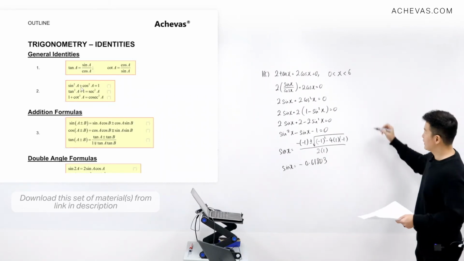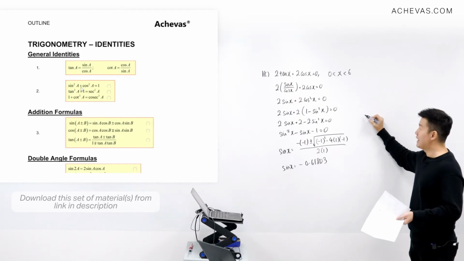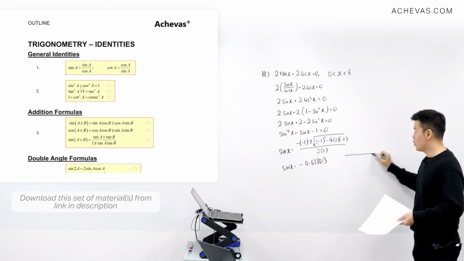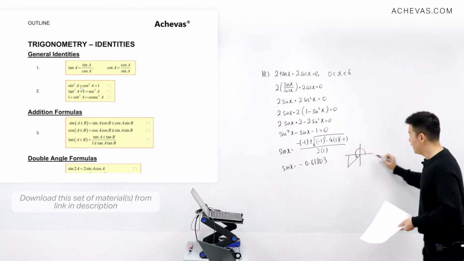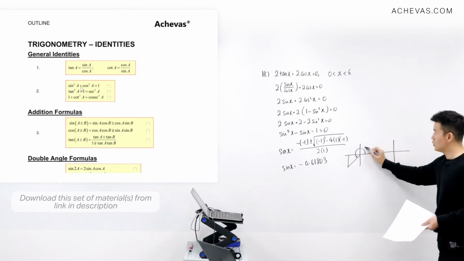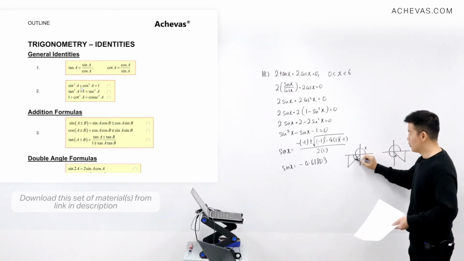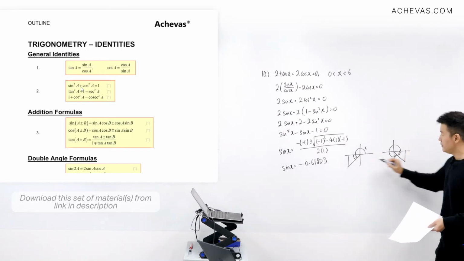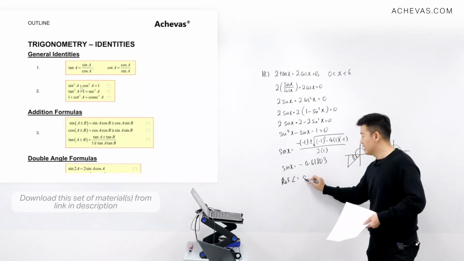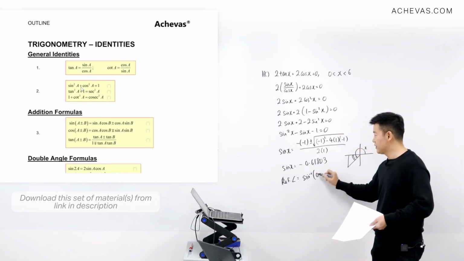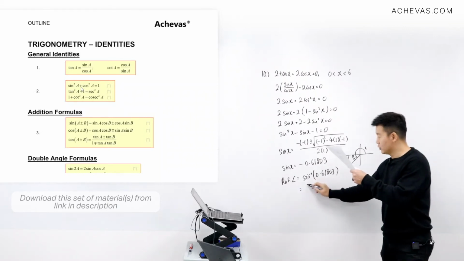We will be expecting x to be in the third quadrant, or it can be in the fourth quadrant. Again, ASTC, okay, I'm using that. So third quadrant, I'm looking at an angle x that is something like this. And if it is in the fourth quadrant, I'm looking at an angle x that is going to be something like this. So what we want to do next is to calculate the reference angle here. So the reference angle will be sine inverse of positive 0.61803, and this, according to my calculator, is equal to